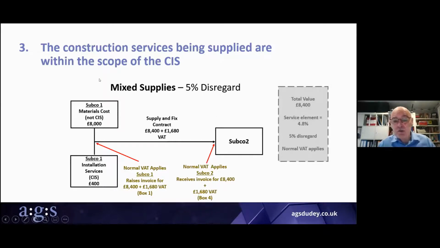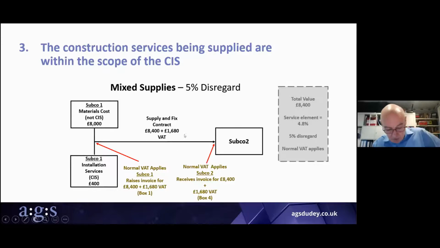In some ways, this possibly makes it a bit more complicated. It's been brought in just with this version of the reverse charge after the other ones. It's a new thing, just to take out transactions where there is almost no service. It's just treated really as a supply of materials.